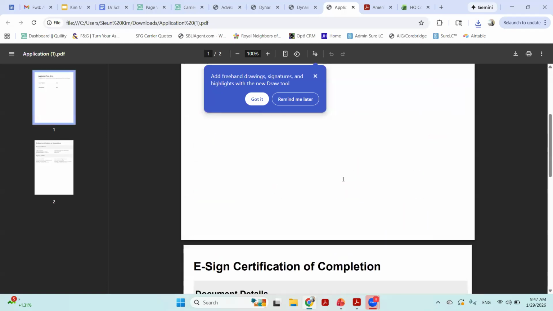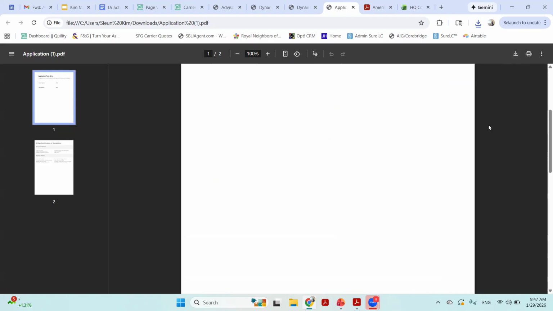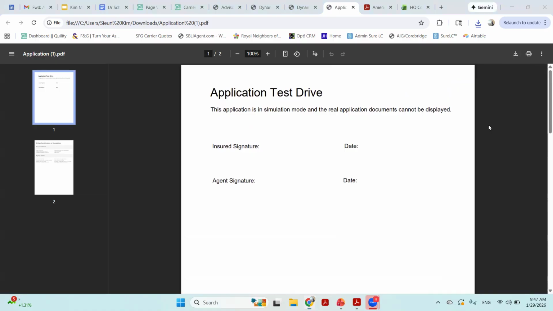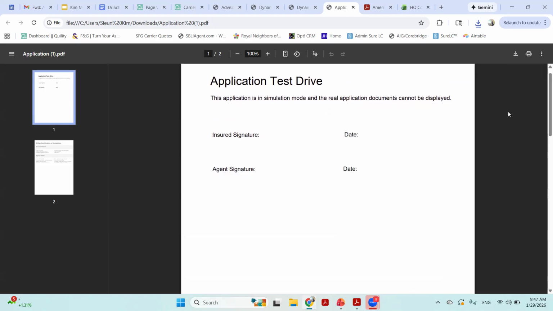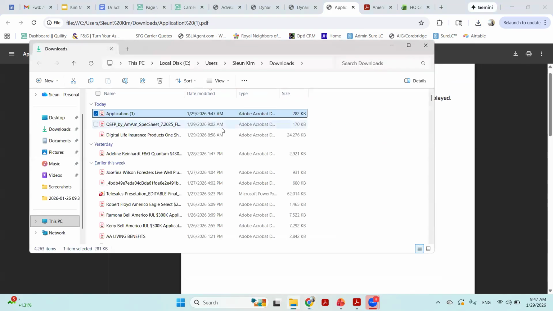I mean, this is not an actual application, but it will have all the documents of what you filled out for the client. And you click on the download button. And I always say, this is another tip that I have. When you do download this and you want it to save a certain way, I tend to like to put a specific way of naming it. So here, do you see the application was downloaded, right? So once it's downloaded, you can change the name